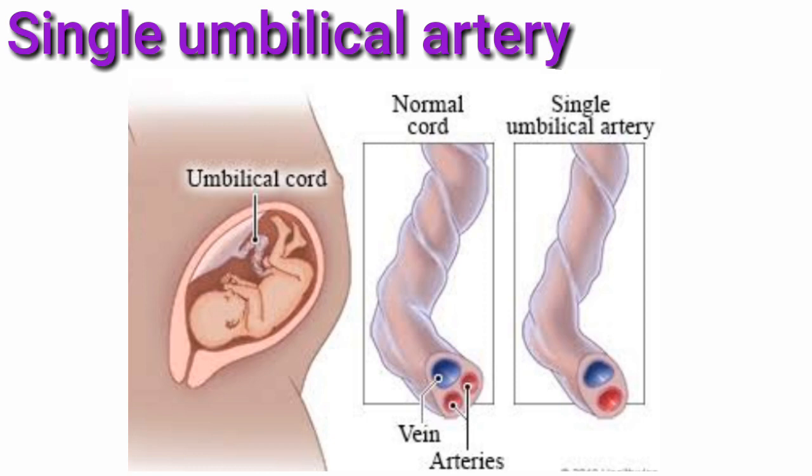And the last abnormality is single umbilical artery. Normally, there are 2 umbilical arteries, but here in this case, there is only a single umbilical artery. It may be due to failure of development of one of the arteries or due to its atrophy in later months. It is more common in twins and in babies born to women with diabetes, epilepsy, hydramnios, preeclampsia and antepartum hemorrhage. And also it is frequently associated with congenital malformation of the fetus.